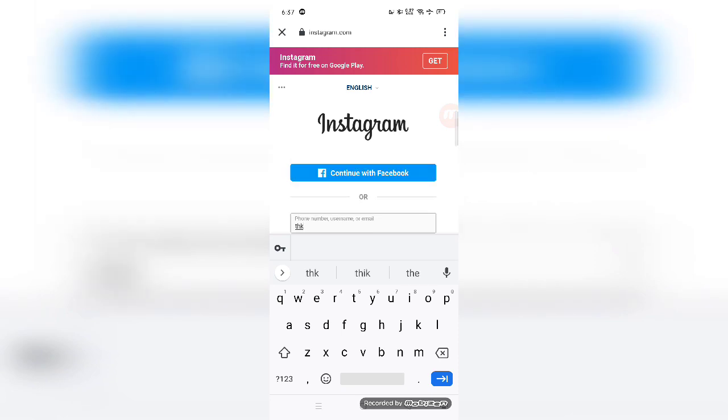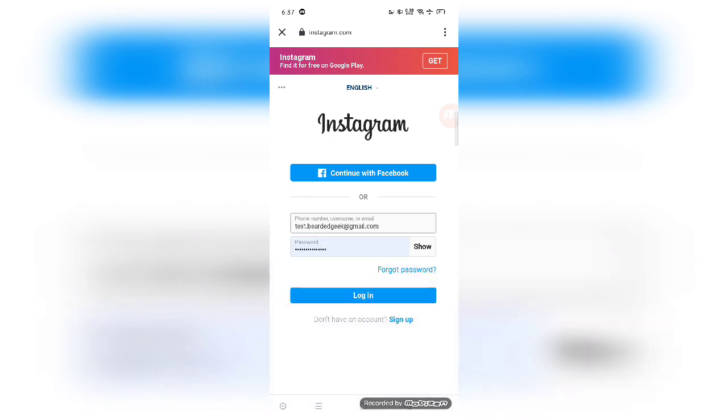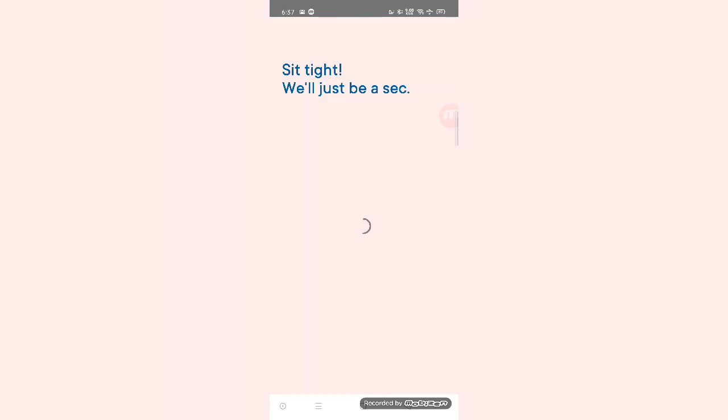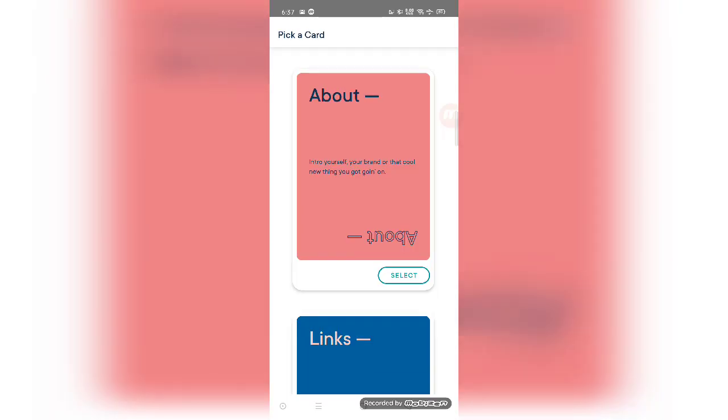So it will actually ask you to log into your Instagram account. So you might want to do that. I'm just gonna do that right away. Go to gmail.com. So I have logged in, as you can see,